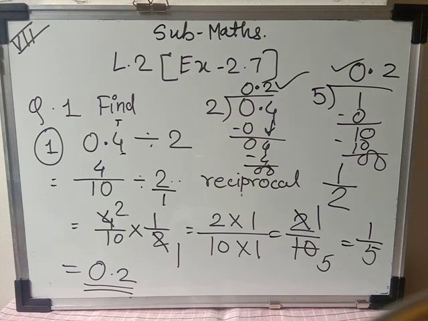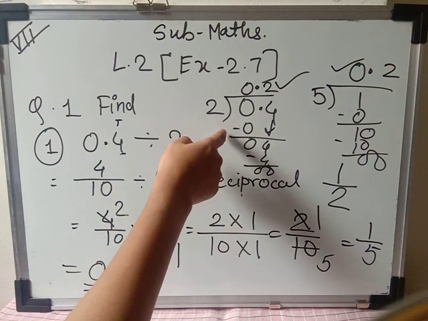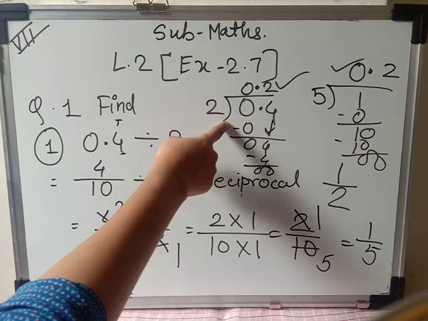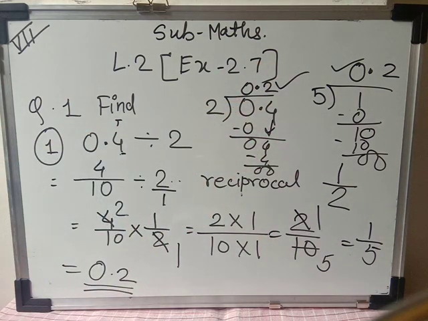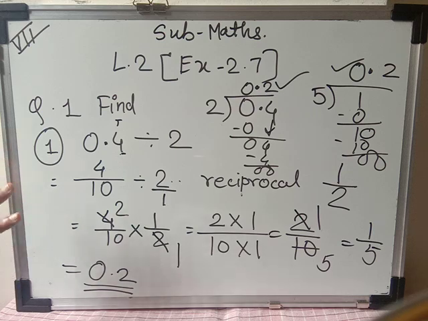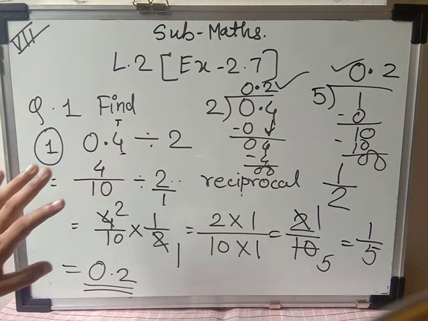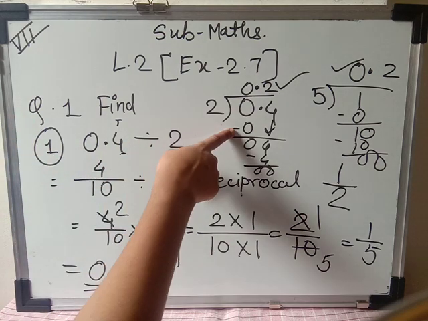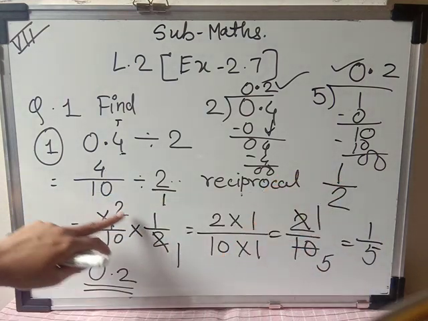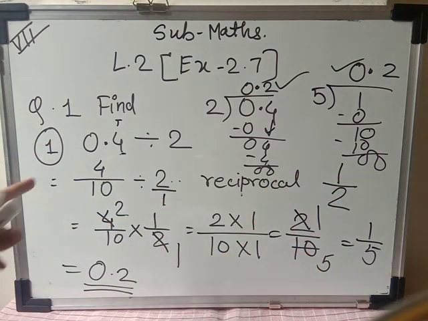Here we got the answer, that is 0.2 also. So some students are thinking, teacher, it is better to do the division of decimal numbers directly with the division method. Yes, you can solve this way also, but you should know this is one way where we can solve the example. Okay, here numbers are small, that's why you are feeling that this process is very easy. Once the numbers increase, this method will help you to solve the example in an easy way. That's why you should know. Okay, now let's take another example.